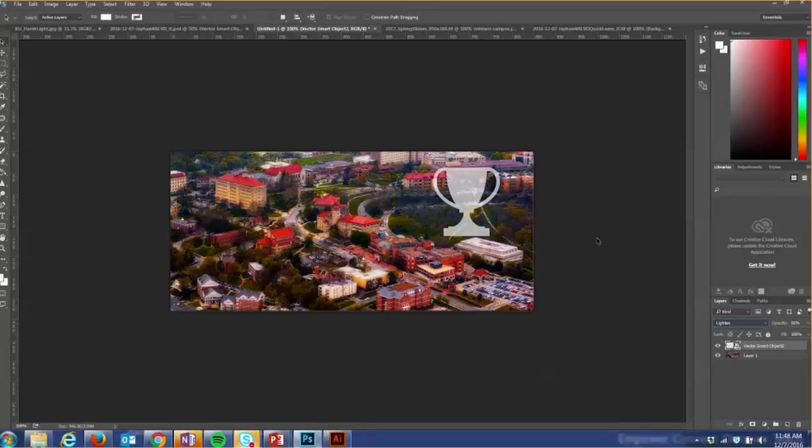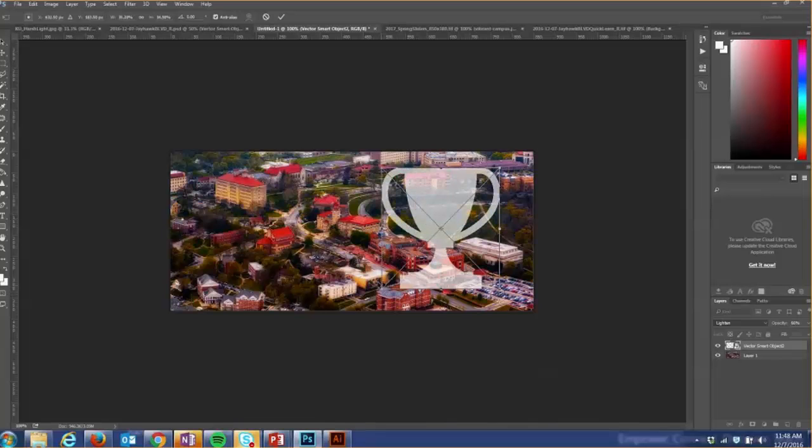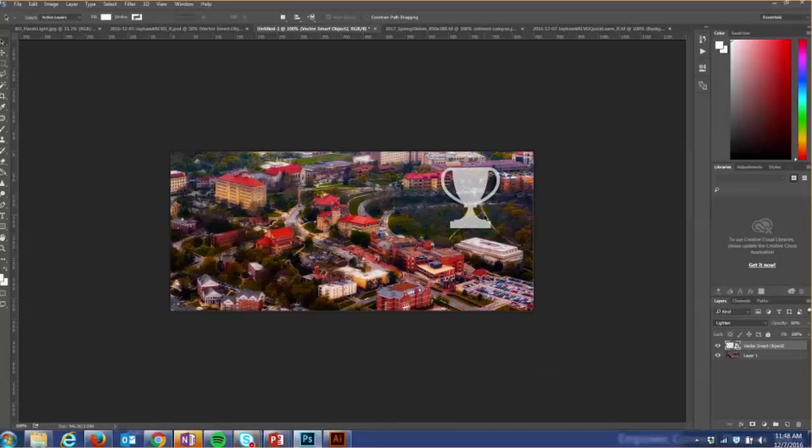And then also because it's a smart object, I can scale it up, I can scale it down, and I won't see that pixelation that appears because it is a vector-based graphic. So it can be a really helpful thing to do, especially if you're mixing this kind of iconography in with your Photoshop document, to keep those as smart objects. Okay,